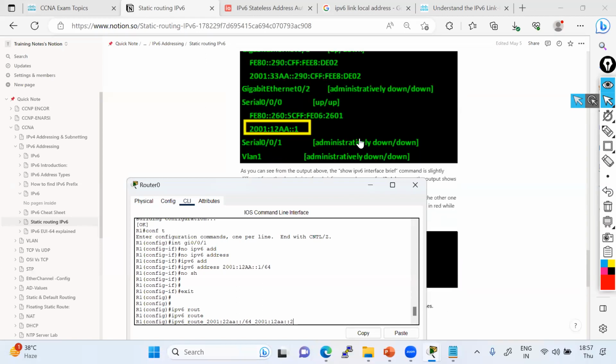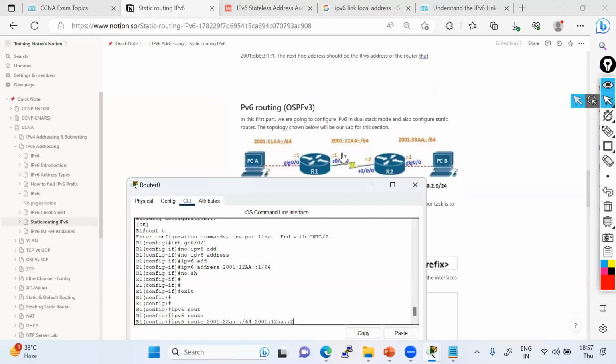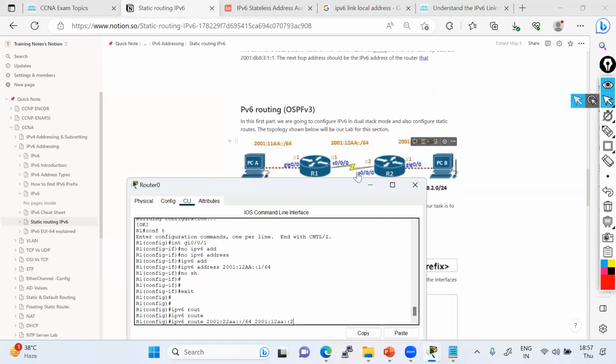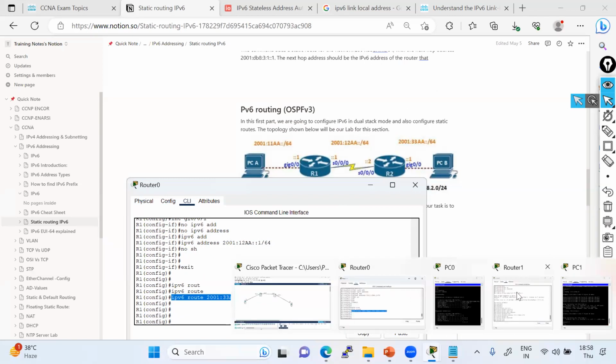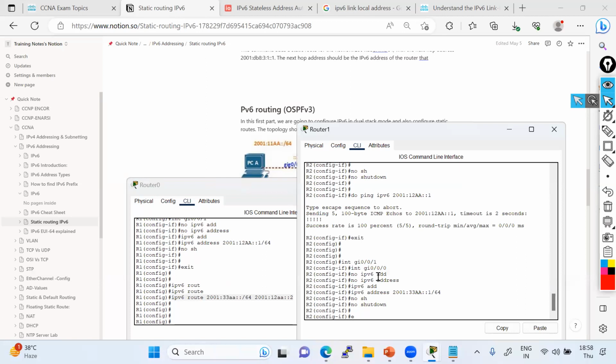We never configured the 22. 11, 12, 33. It should be 33, not 22. Okay, this is the one side route. And the other side route should be the 11 one. Okay. So R2, we have to go to R2 here.